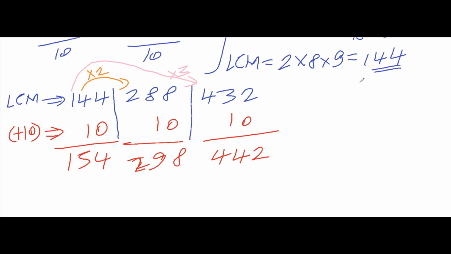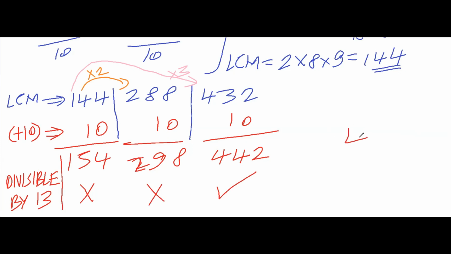If I am not getting the number, again I will do it. Third, what we need to check? We need to check whether that number is divisible by 13 or not. This is not divisible by 13. 298 is again not divisible by 13, whereas this is divisible by 13. So what is the answer? 442 is the